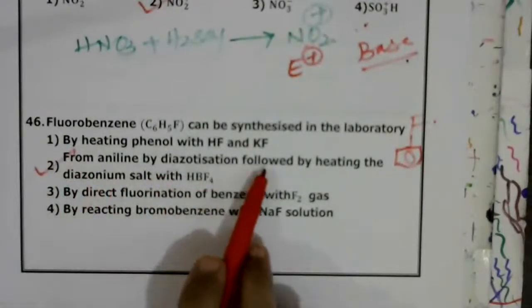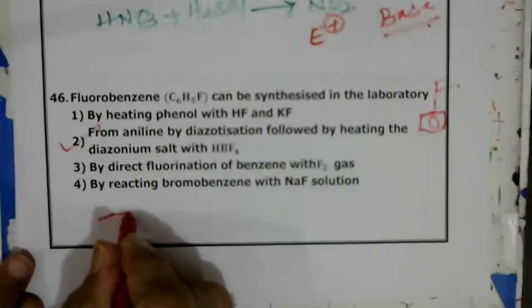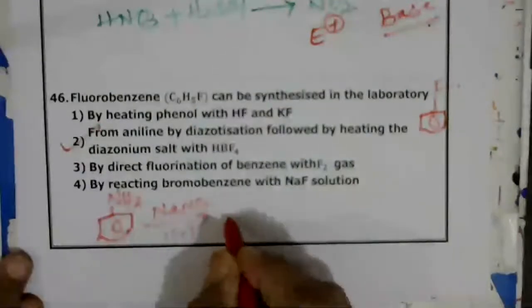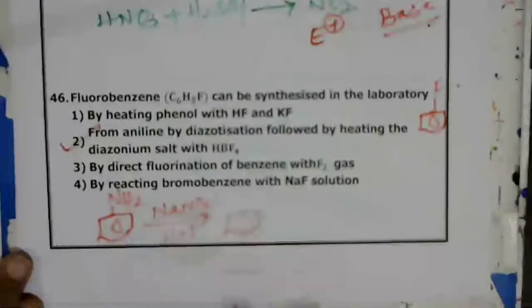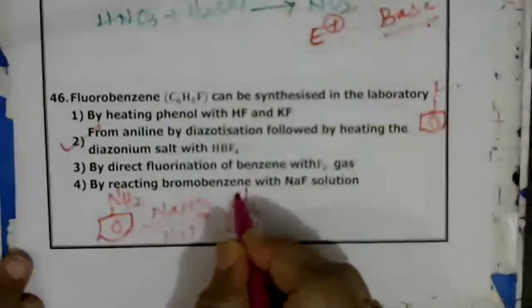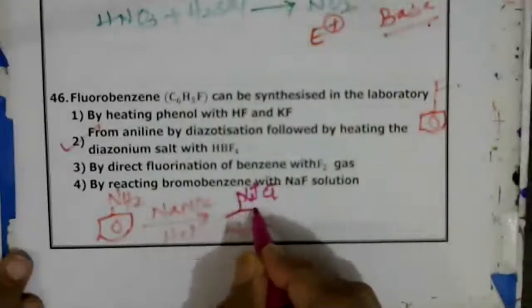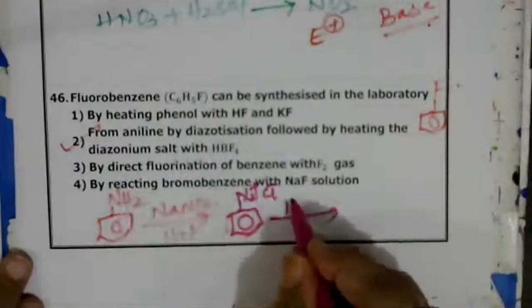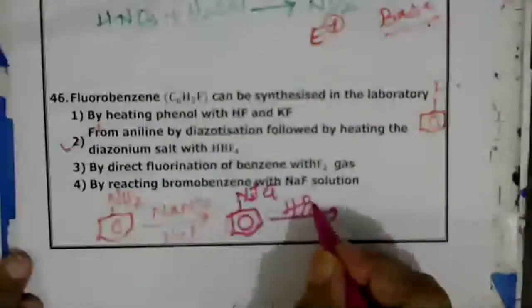From aniline by diazotization. I'll write the reaction here. Aniline with nitrite in the presence of hydrochloric acid will produce benzene diazonium chloride (BDC), C6H5N2+ Cl−. Benzene diazonium chloride is heated with hydrofluoroboric acid,